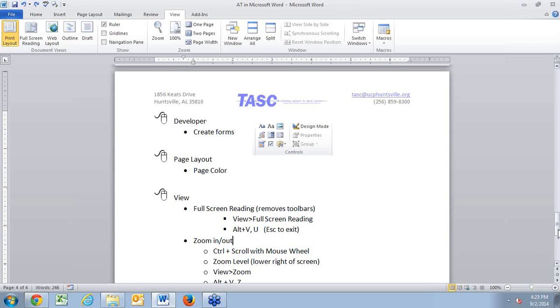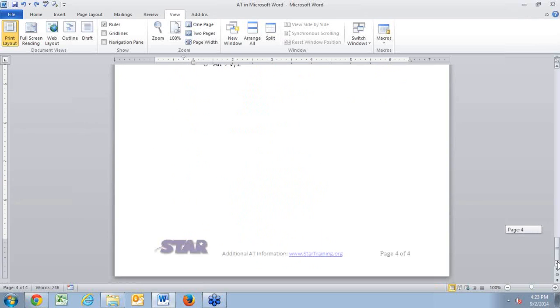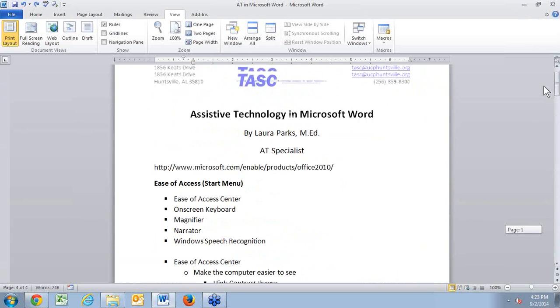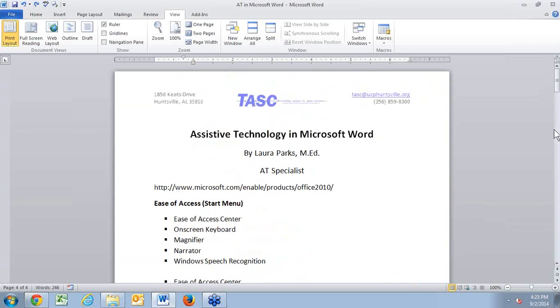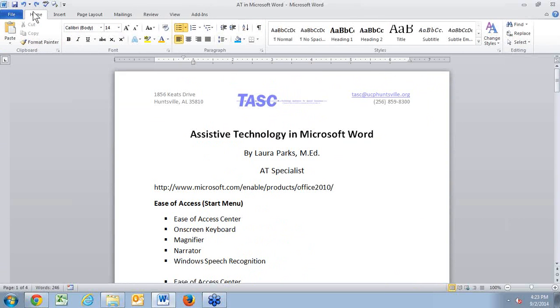So hopefully what you've learned today is there's lots of tools built into Microsoft Word to make it more accessible for individuals with disabilities. It can be a great tool for someone struggling with reading and writing if you make some of those changes like we talked about, perhaps turning off and on the spell checking and the grammar, making them control it, using Word Talk or using the speak selection to provide some auditory feedback. And again, don't